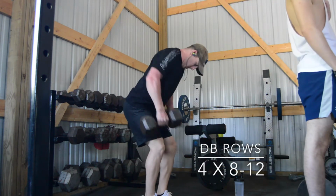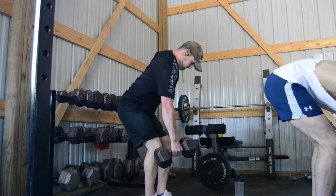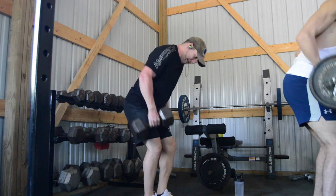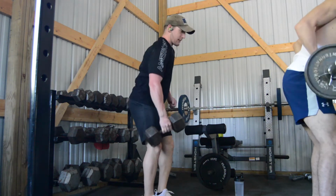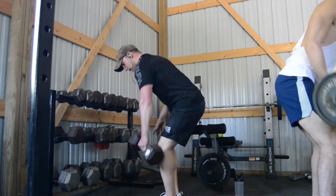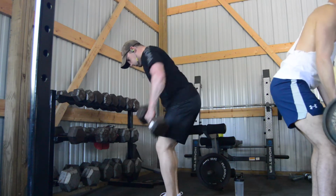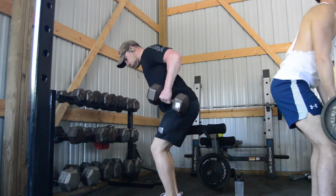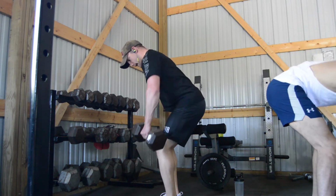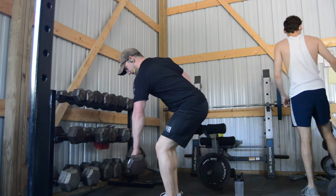Then moving on to dumbbell rows, and I like to do these standing and unsupported to help activate the core, and I feel like I get a better contraction doing this because I can just really focus on the lats and getting a deep stretch. I don't have to worry about if I was on a bench, if I go down to stretch out, I'd usually run into the floor, and that's really not good because